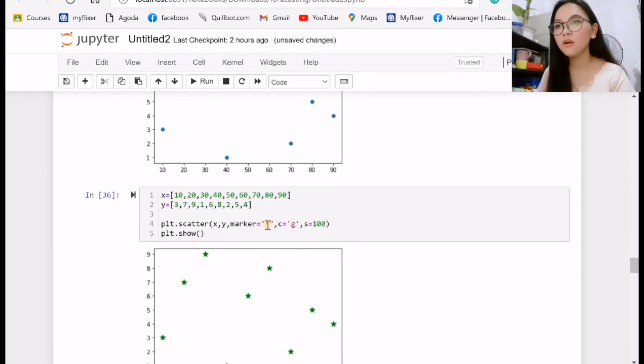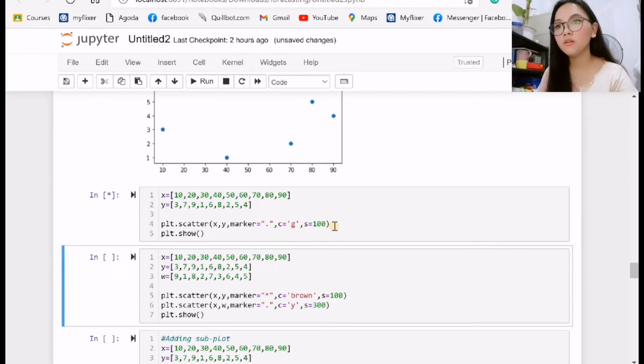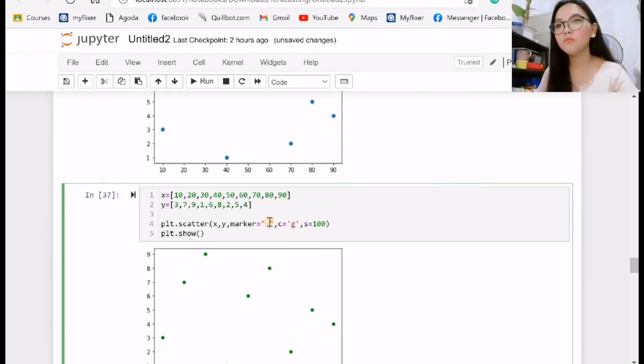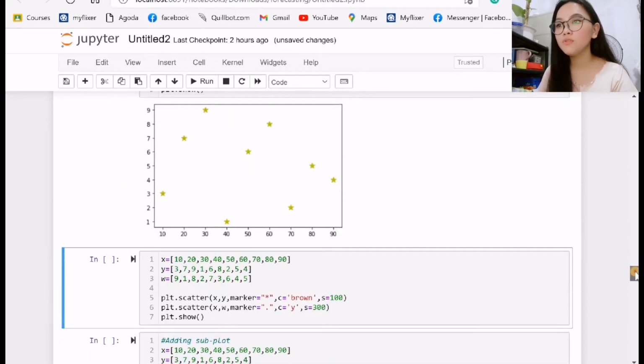It makes a star because I changed the marker to asterisk. You can change this like that, asterisk for star. You can change the color also, for example yellow for Y. See, you can also add